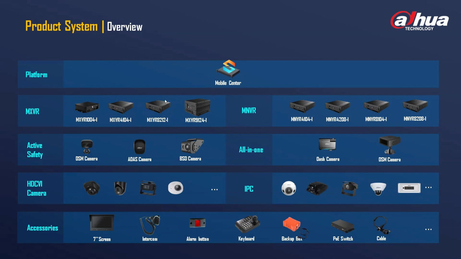Then in the same category, we have the recorders, where we have the MXVR and MNVR. MXVR is the typical DVR or analog recorder. So it means that the analog system, we have the 1004, 4104, 8212, 9124. So just generally based on how it is named, 4 is for 4 channels,